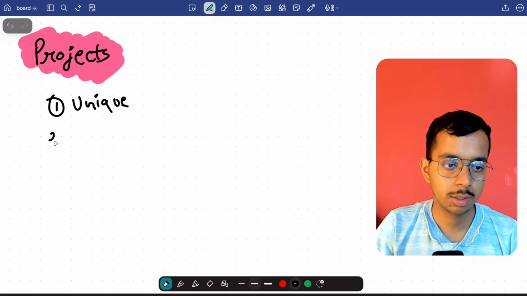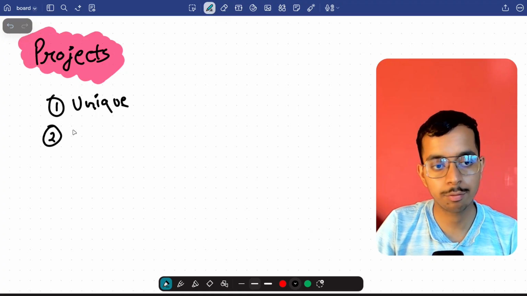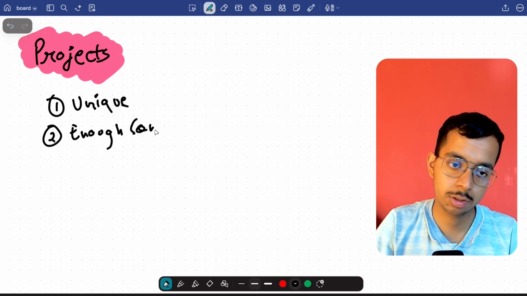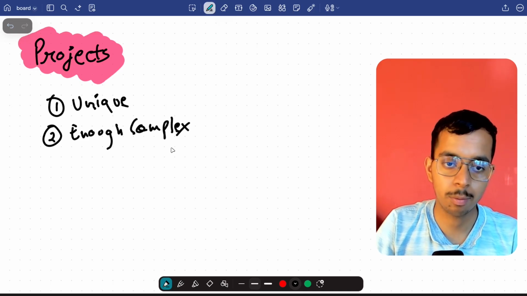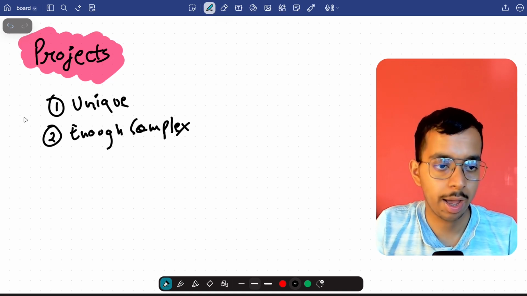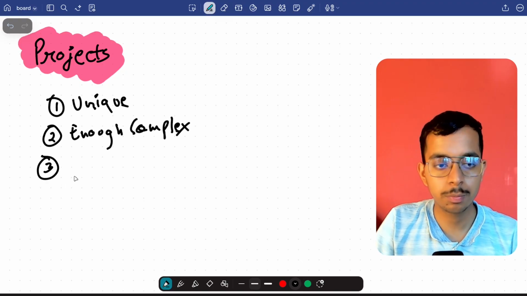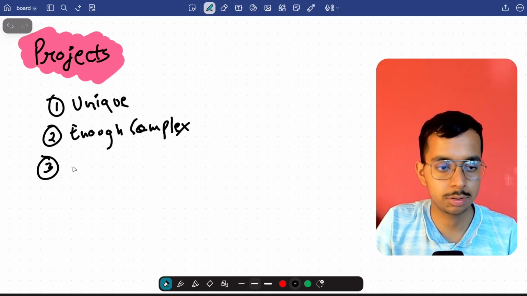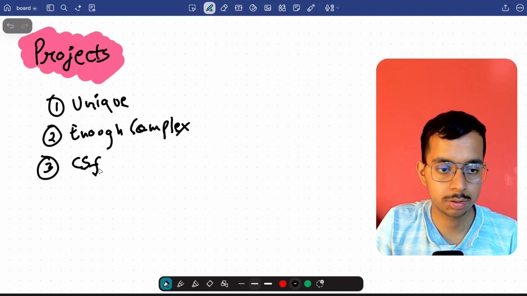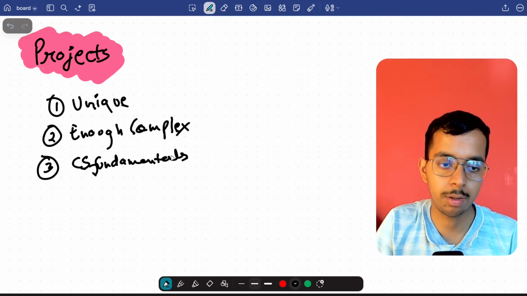Okay. Second, it should be complex enough. And third, you should be using the fundamentals which you learn, your CS fundamentals. What do I mean by using your CS fundamentals?